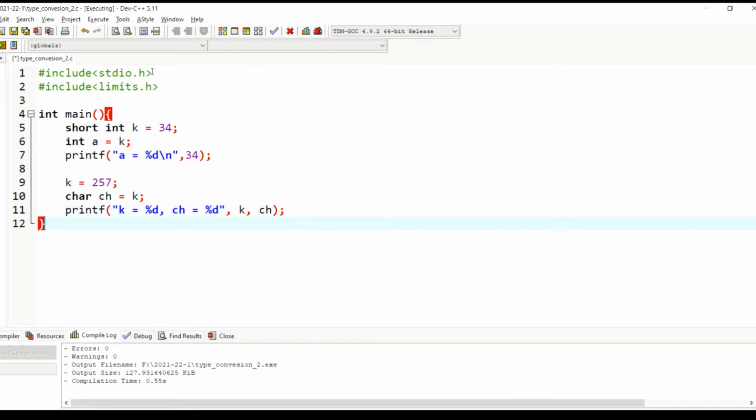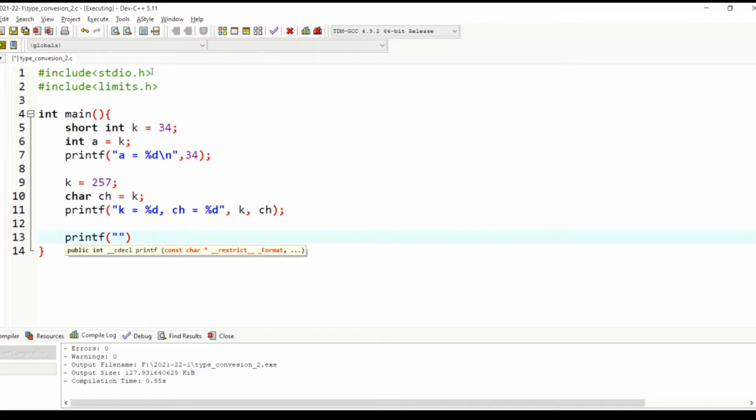Now let us print what is the maximum value a signed short integer can store. Printf, max value of signed short integer equal to this. What is the format specifier? Percentage hi is the format specifier to print a value of type signed short integer.